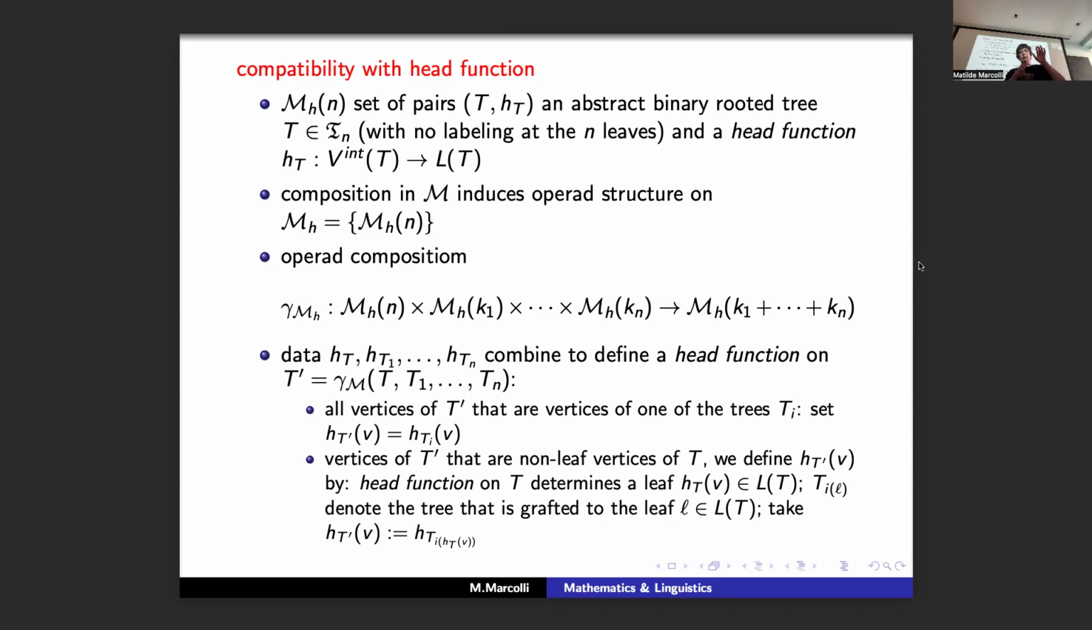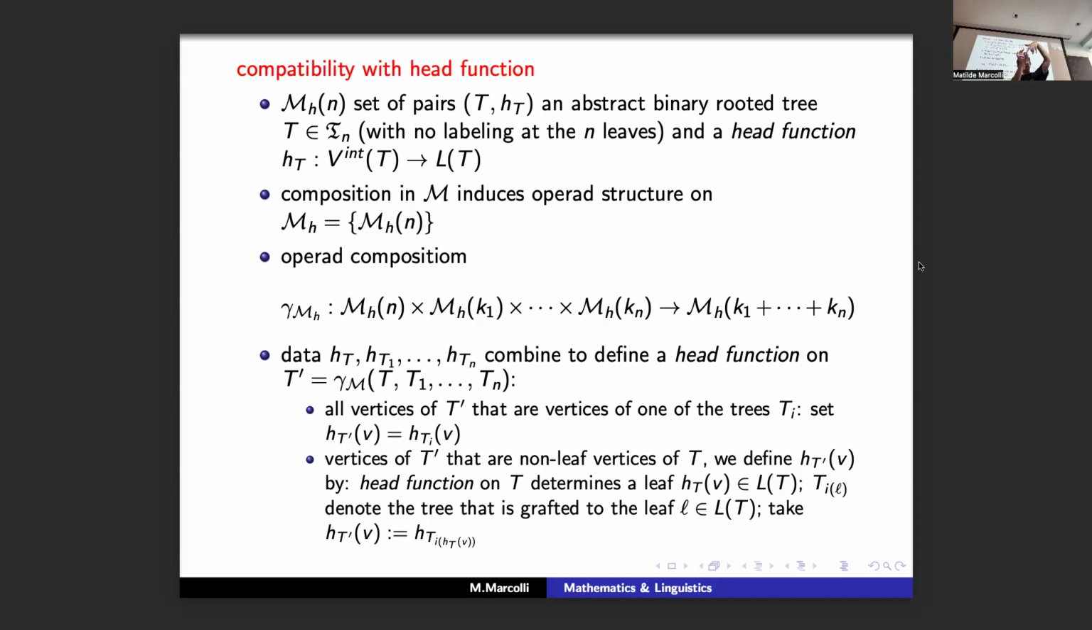So if you have pairs of a tree together with the choice of a head function on that tree, then this operad composition will still give you something that has a head function. And this is exactly because of the property of the head function, because if you are in the structure above where you plug this thing in, every leaf has its own projection of which it is the head. Some of them don't project any further, some will project somewhere. If I plug in another tree, well, whatever was that